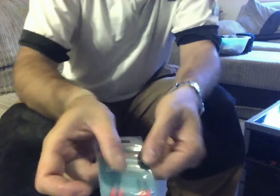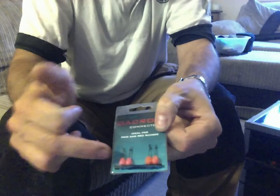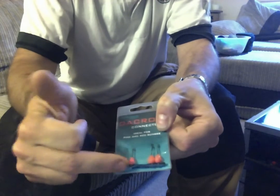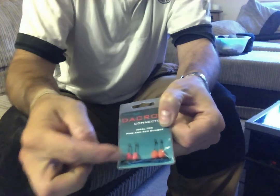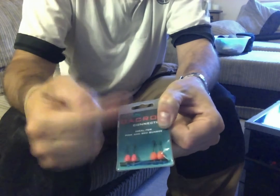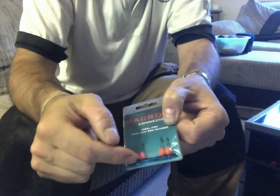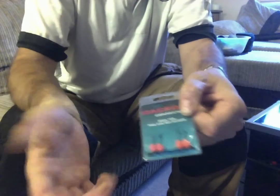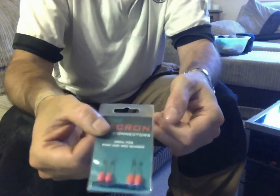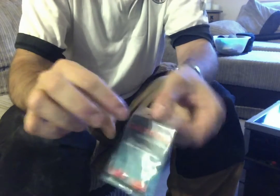As you can see with these Dacron ones, we don't have to do any threading. This is clever. First time I've seen them, but I mean, they're self-explanatory. You've got the piece of tubing going through the loop here. So you pull your Dacron connector off the loop, put your elastic that's got an overhand knot in it, and this would lie against the knot. Once you slide that down, slide it up through the elastic, pull that down, and that's never going to come off that. They're very, very nice, neat, and good connectors, Dacron connectors. However,